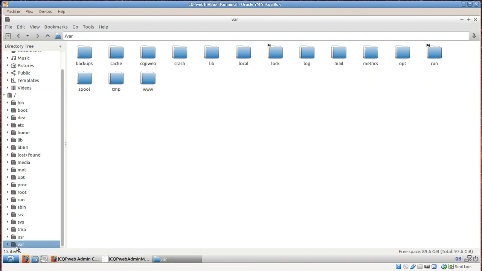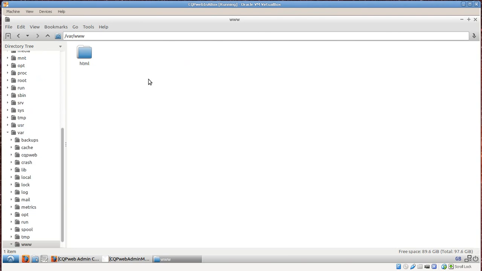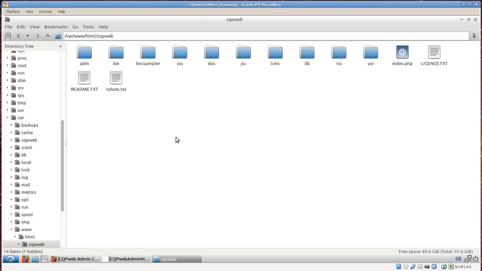First, you go to this folder called var, and inside var, as you can see, there is a folder called www. So go into www, you'll then see a folder called HTML. You go into that, you'll see here is something called CQPweb, and this is the actual CQPweb code. This is where the real program lives. Here it is. The configuration file is in this folder here called lib,